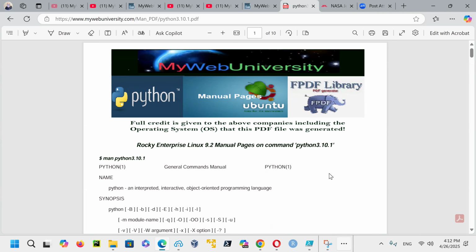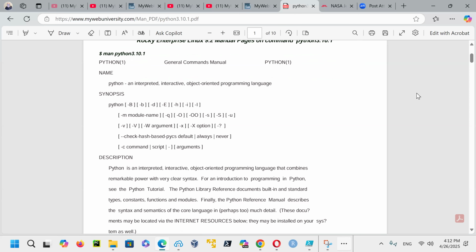So in order for me to make this text-based documentation into PDF, I had to write a Python program, and I used FPDF, a free PDF library, which is a library within Python, to make this PDF file available.